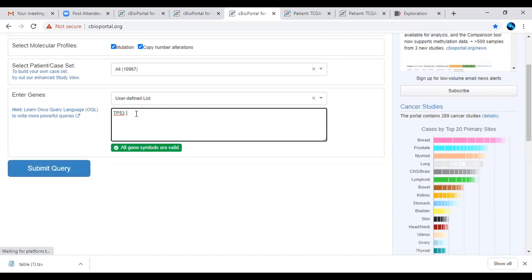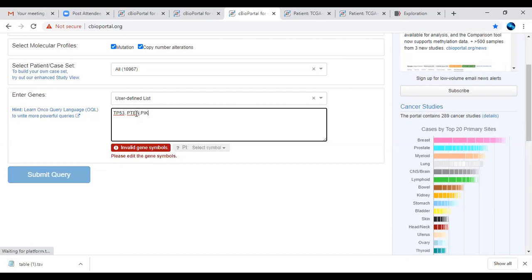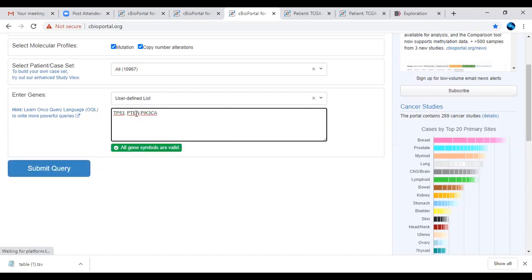I will give another gene name, PTEN. It is validating. So the gene has been validated now. I will give one more gene name, that is PIK. It is still validating, PIK3CA. So these are the 3 genes which we have given, though we can give more than 3 genes also.